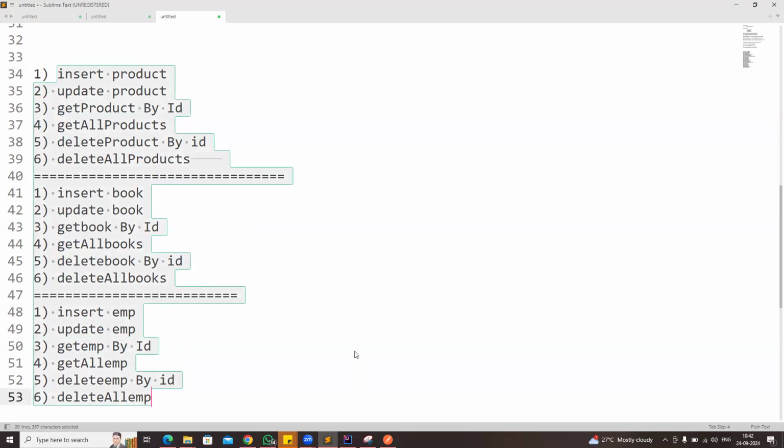So in the book table, I want to perform the CRUD operations. In the product table, I want to perform the CRUD operations. In the employee table, I want to perform the CRUD operations. Similarly, if I have 10 tables like this,